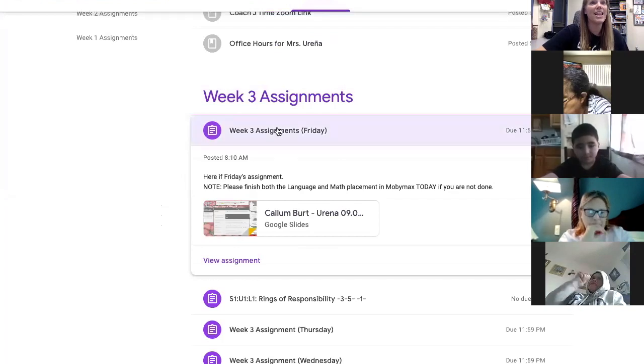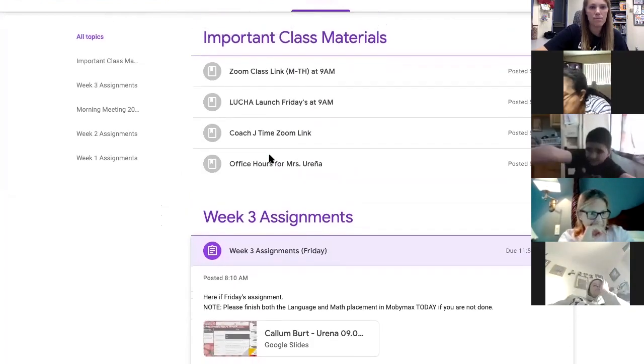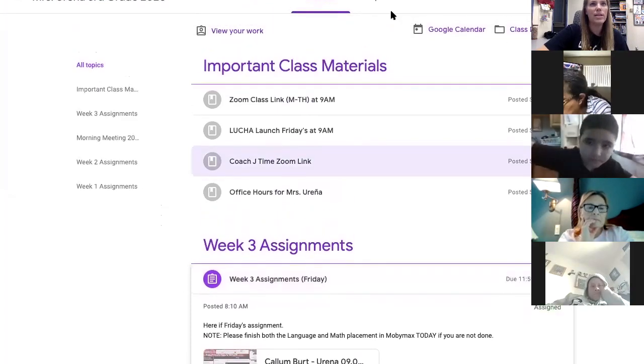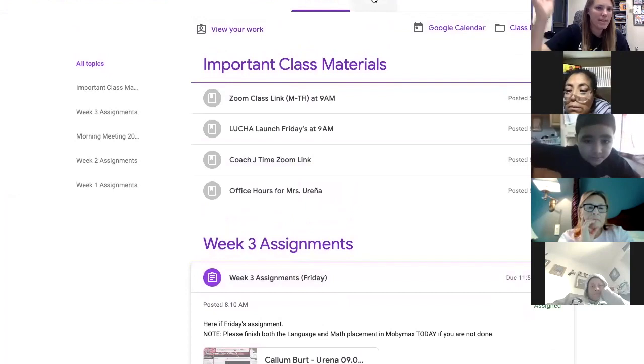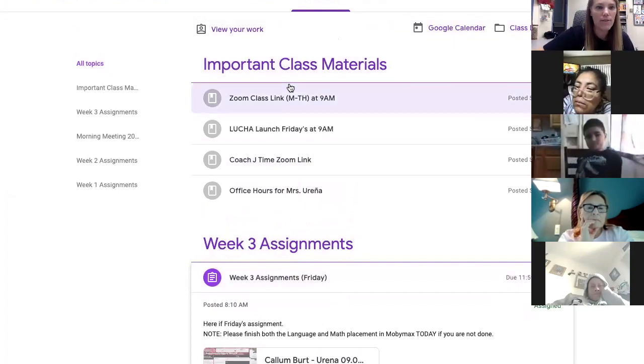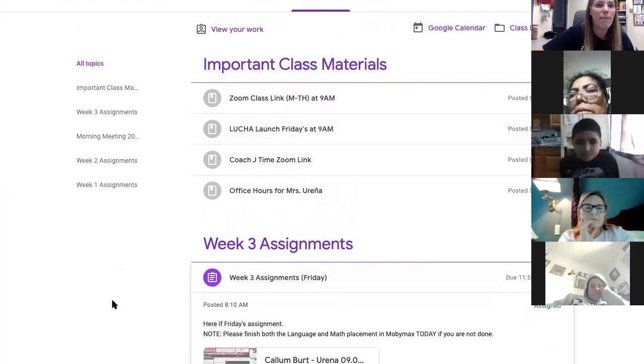So again, this is the Classwork tab. No questions? All right, and the final one is people. I'm not going to show that because I don't want to show all the names of the kids in the class, but if students need to see who their classmates are, they just go under people and they'll be able to see them.